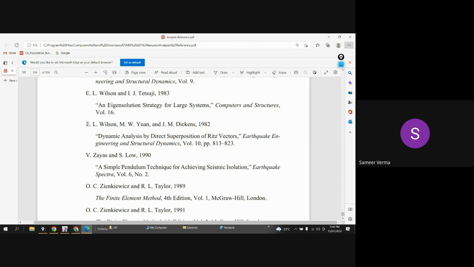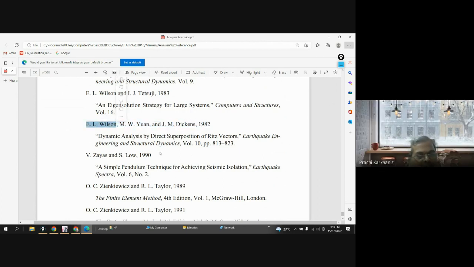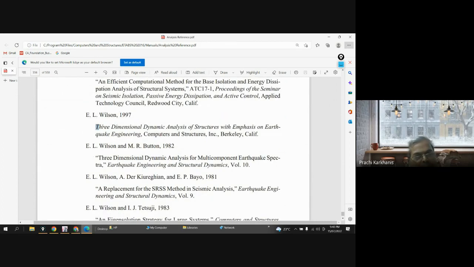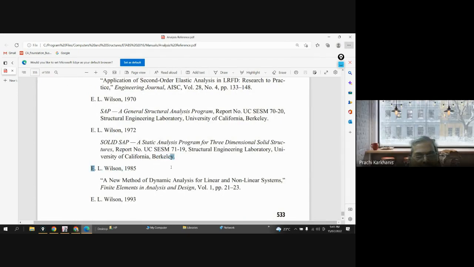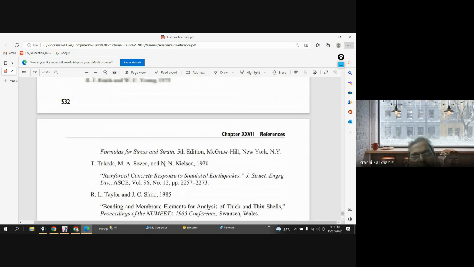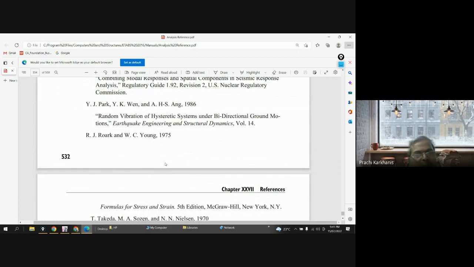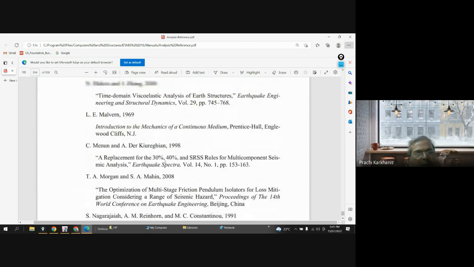ये देखो ये एडवर्ड विल्सन, ये फाउंडर है, अशरफ हबीबुल्लाह के साथ। और ये बुक मैं आपको कहूंगा, इफ यू गो विद दिस बुक: Three Dimensional Dynamic Analysis of Structures with Emphasis on Earthquake Engineering by Edward Wilson. देख लो अगर कहीं मिलता है तो। आई विल सर्च ऑन इंटरनेट। यूनिवर्सिटी ऑफ कैलिफोर्निया बर्कली, और ये लोग ओरिजिनेटर हैं, इनकी वजह से सारी दुनिया आज आगे है। वी शुड थैंक ऑल ऑफ देम, क्योंकि उनकी वजह से हम लोग हाई राइज स्ट्रक्चर्स में काम कर रहे हैं।